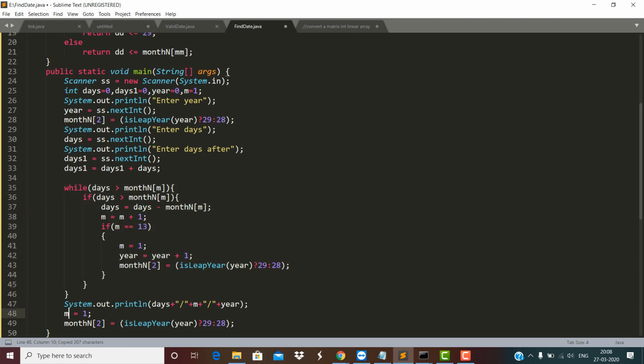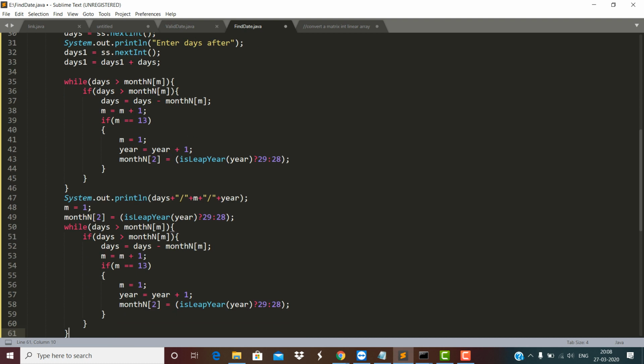what I have to do is modify this code. I have to append this code, and everywhere I have to write this days 1. Days 1 is equal to days 1 minus, and every time I have to do the same. And here also